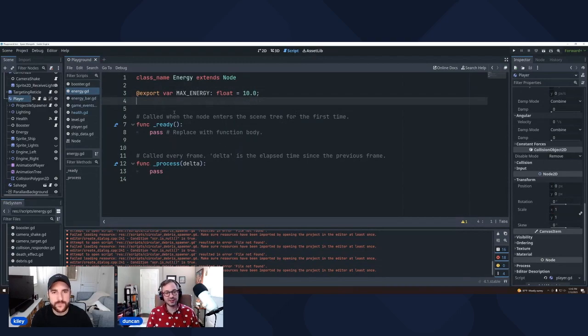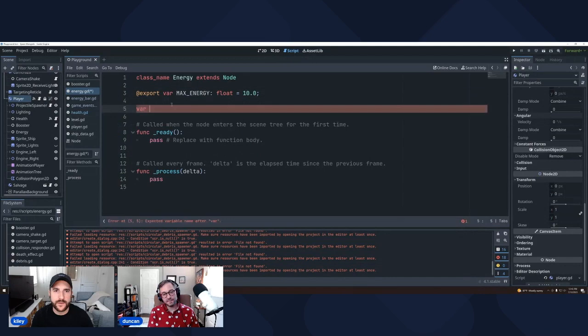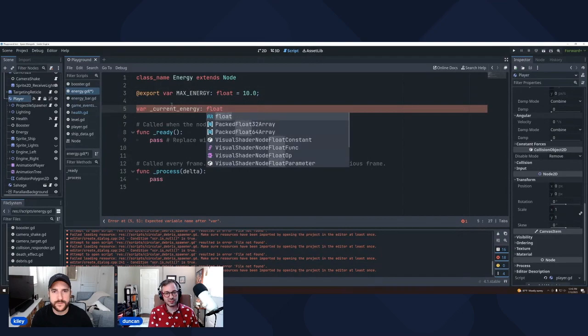So we're going to have max energy. One other thing I can think of right now that we will definitely use is a variable current energy. That's also going to be a float.